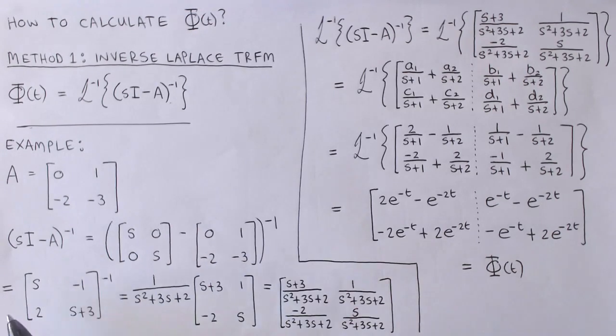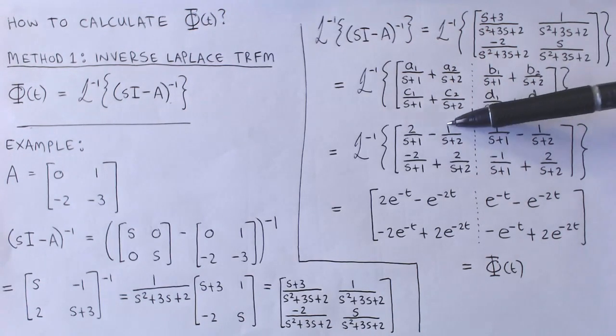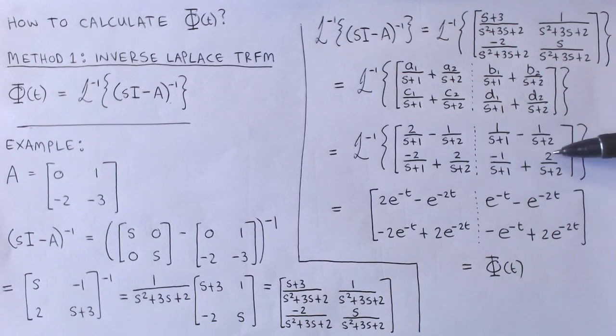This is the inverse of matrix sI minus A, with entries s minus 1, 2, and s plus 3, which is calculated as 1 over the determinant times the adjoint matrix, resulting in this matrix where each element is a function of the Laplace variable s. We now take the inverse Laplace transform of this matrix. In order to do this, we need to do partial fraction expansion, and after calculating the residues, we get this